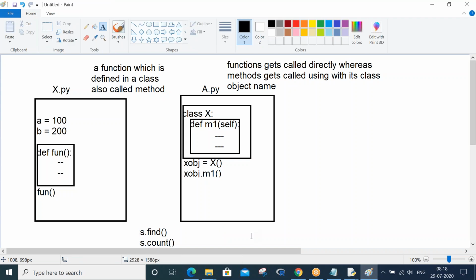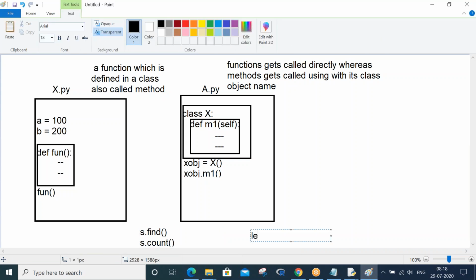And yesterday I showed one function called len. For len, I have not used a prefix. If you really focus on yesterday's program, go back to your notes and check: s equals python, and print len of python. So len is not a method of the str class, that you have to understand. Len is a function.